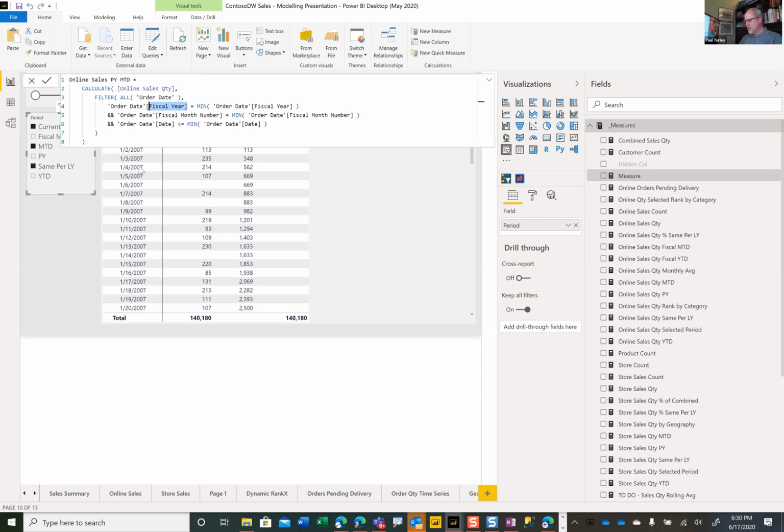Now, here in my matrix, you can see that I have on rows my years, my months, and my dates. And so for a given date, this expression is going to be processed. And so because this is a date value, I'm going to say, I want to filter the order date table where the